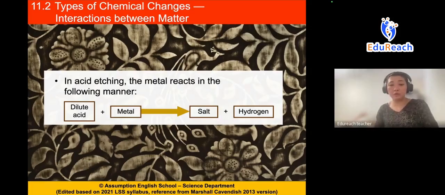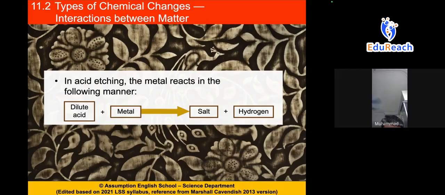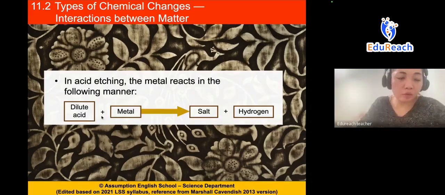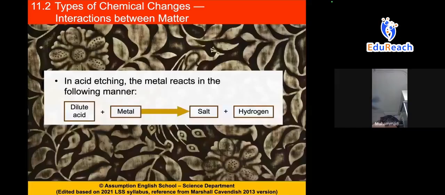Just checking with everyone. You have learned this before in school, right? Have you learned this already in school? Abdullah and Zakia, yes? Yeah, but like, Abdullah, I don't understand a bit. Okay, what is it that you don't understand about this reaction? Like, I don't understand the chemical equation at all.